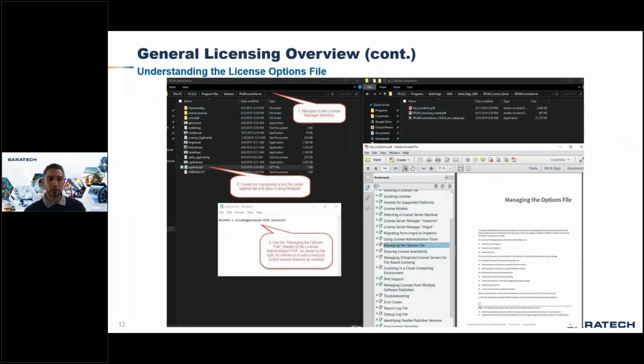One additional thing I wanted to mention here is the options file that a lot of you may not be aware of for floating licenses. In the Flexera License Administration Guide, there is actually a full chapter, as you can see here. I think it's chapter 8 or 9 or so. That's called Managing the Options File. And here you can see in the background some paths, that PDF guide comes with the installation directory. And I'm not going to go through all the fine details here, but the use case